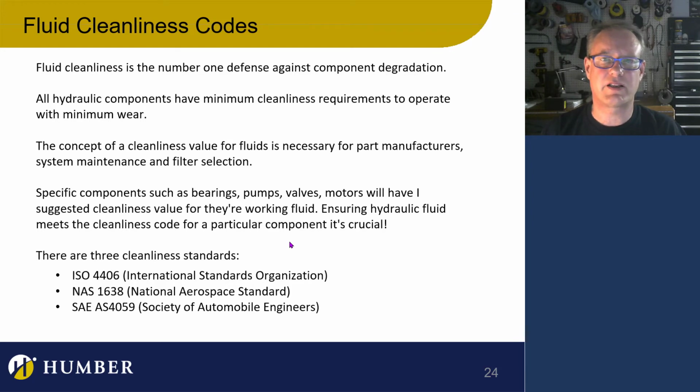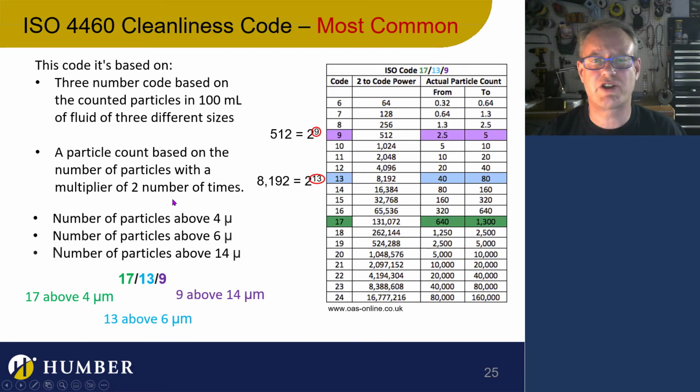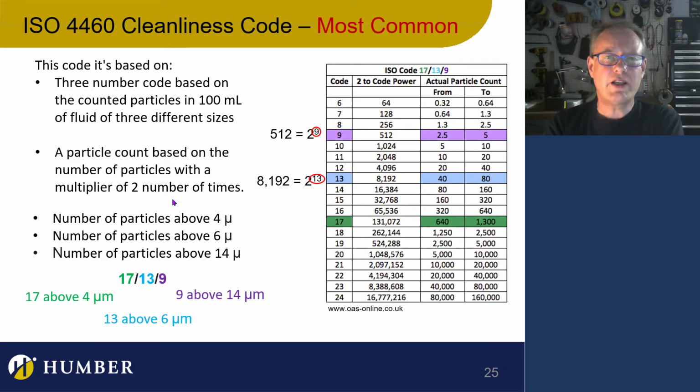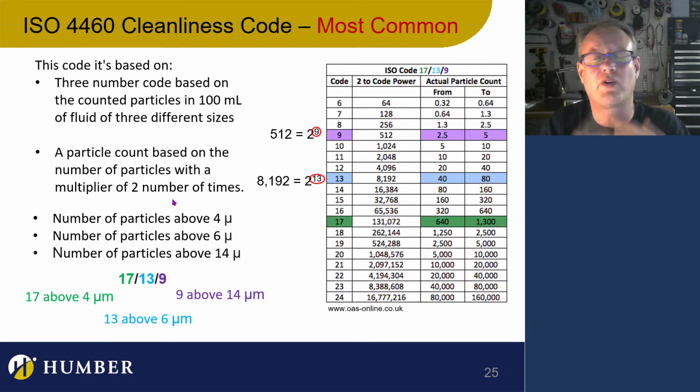All of these particulates that are in the oil do a huge amount of damage. So let me jump into the next slide here, and we'll talk about the ISO, which is the most common. But just let me tell you about components. When you choose hydraulic components, when you go and buy a hydraulic component, it will actually have a cleanliness code on it, or in the data sheet. It will say what the cleanliness code needs to be,